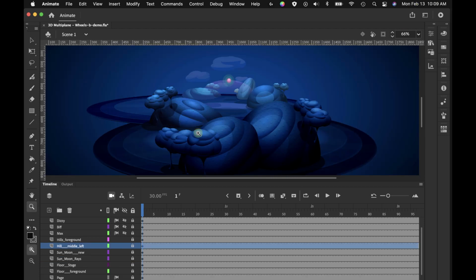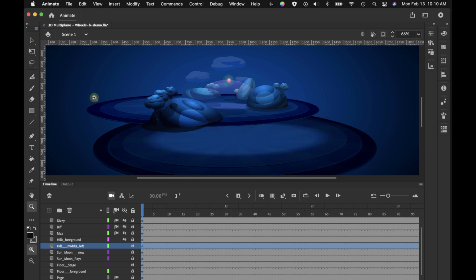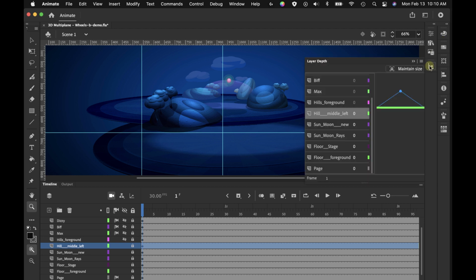Okay, we're going to start by adjusting the depth of this left hill right here first. In order to do that, I want to be able to get a good look at it, so I'm going to turn off this foreground layer. And then I'm going to drag some guides here, 3 guides, so that I know in the layout where I want that sized and positioned. Because when I change the layer depth, it's going to make that hill larger. So let's set that at around